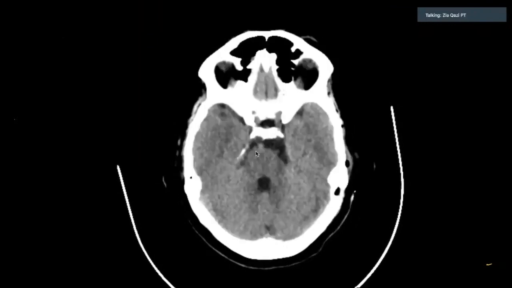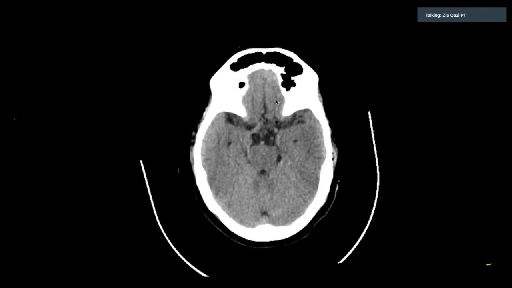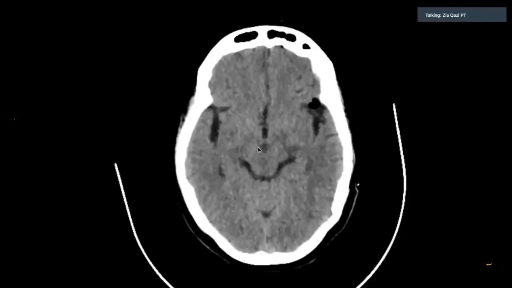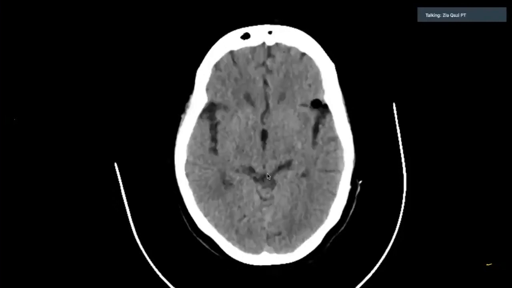Okay, then all the lobes, the temporal lobes, posterior, then the midbrain. Then at this level the frontal lobe forming, the frontal sinus, the temporal lobes, the posteriorly occipital lobes forming. Then here you see the pons going and extending into the thalamus. This is the thalamic region, more frontal lobe, temporal lobe, and occipital lobe.